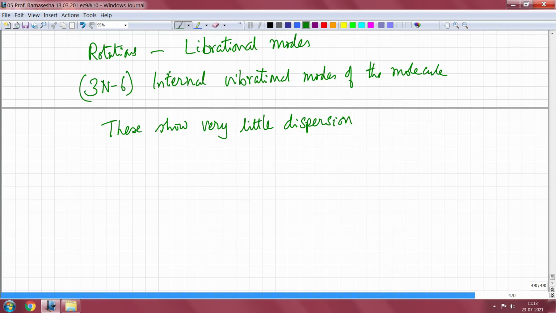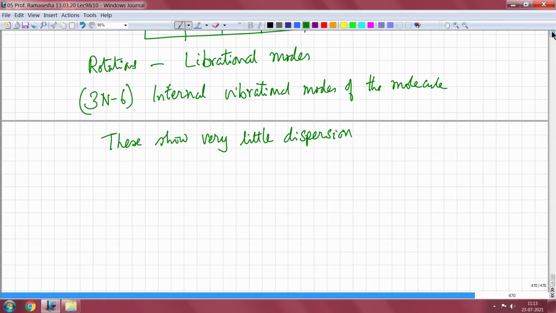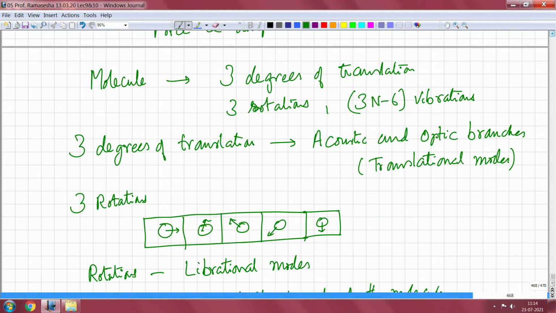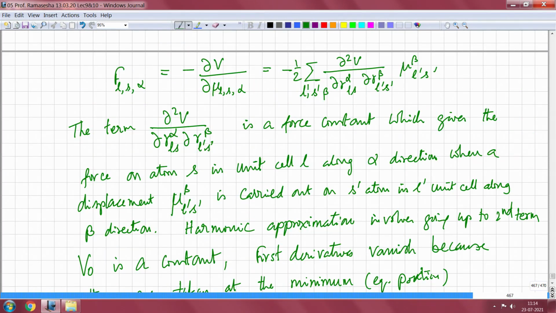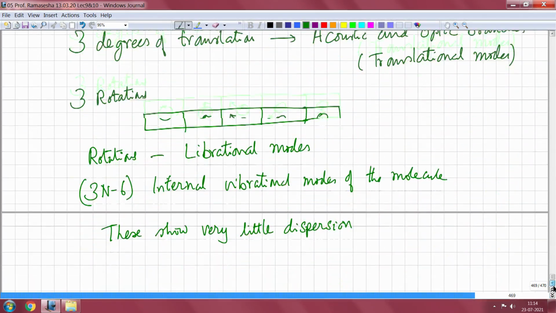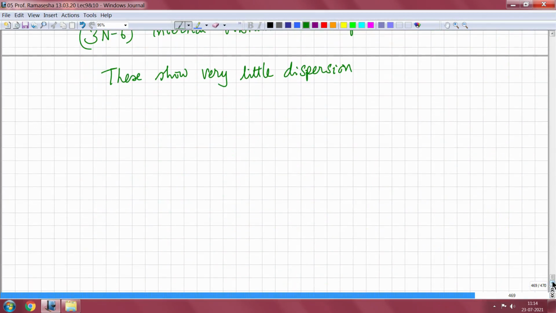Now I am not going to talk more about this part, because you can always set up a generalized equation, secular equations for solving for the frequencies, very much like what you did for the 2 atom case. But we will not do that, because all you need to do is expand every one of the displacements in terms of a Fourier series, and then look at each of the Fourier components of the displacements independently. So now what I am going to do is something to do with quantization of phonons, or quantization of lattice vibrations.